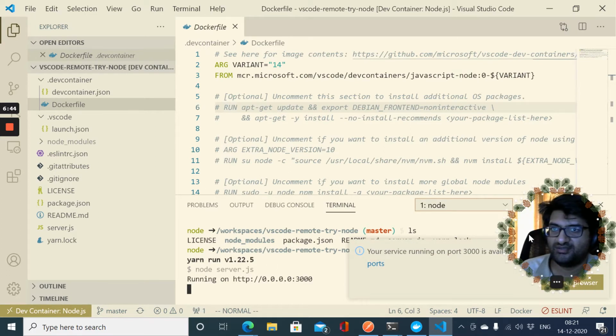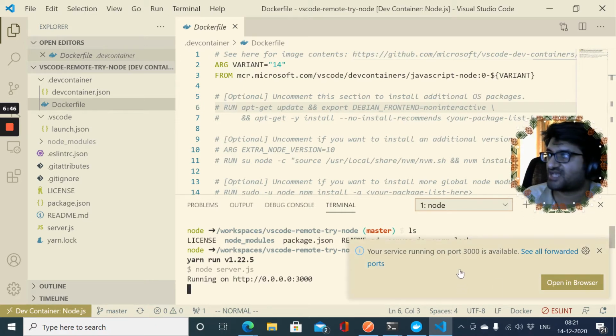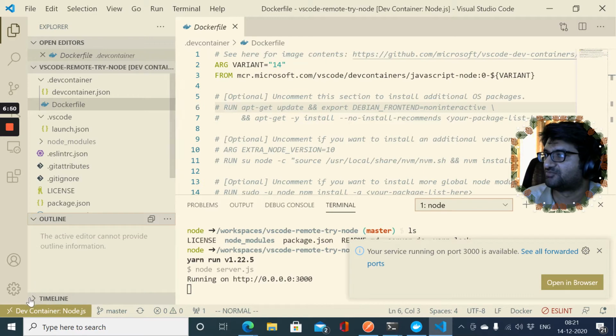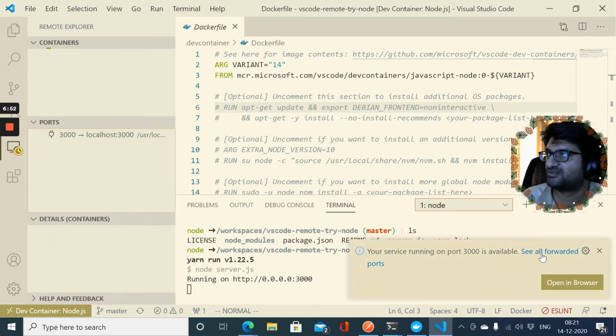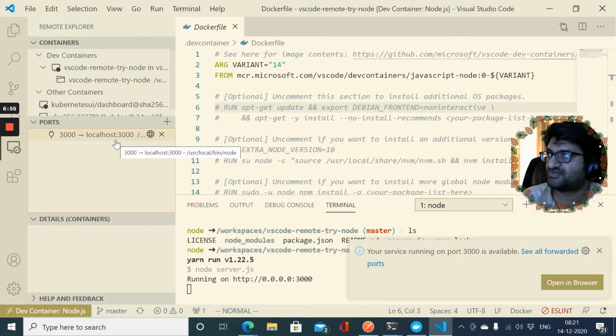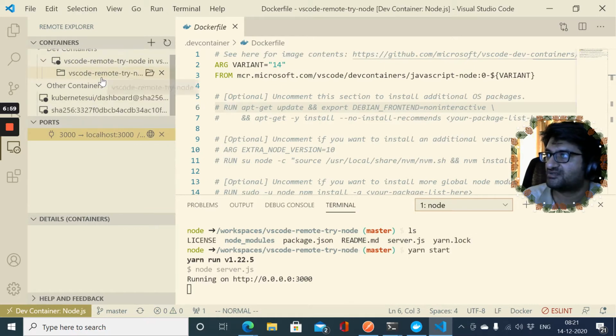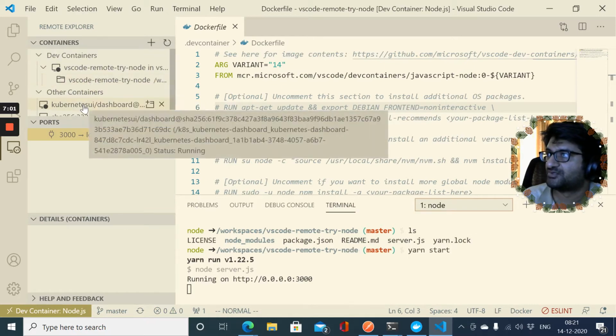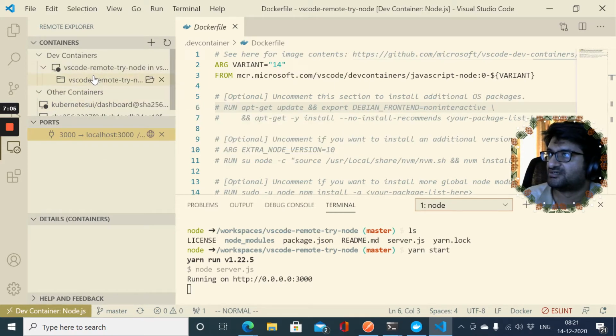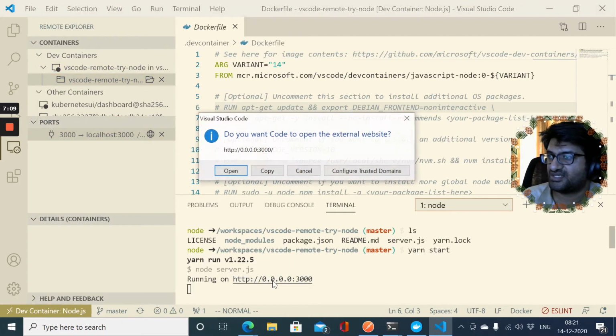Okay, so it's running. And the amazing thing that it's doing is it's actually even forwarding the port. So you can see that the port itself is being forwarded, and you can see the ports that are being forwarded over here. These are all the containers running on the machine. This is the Kubernetes dashboard container. This is the project that we're working on. And you can go to this link and you can see that